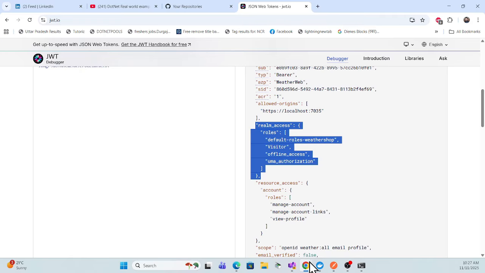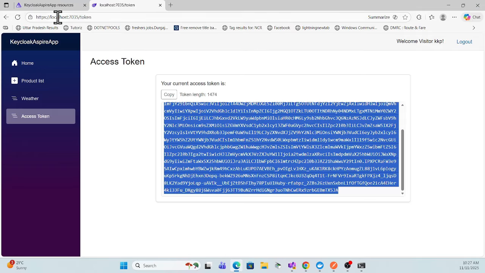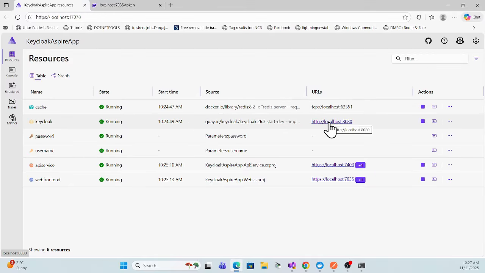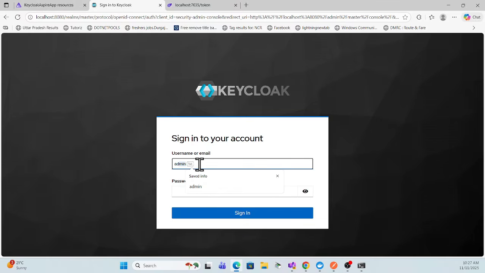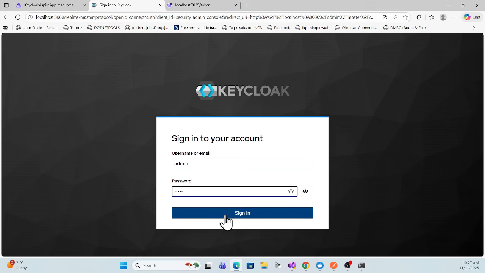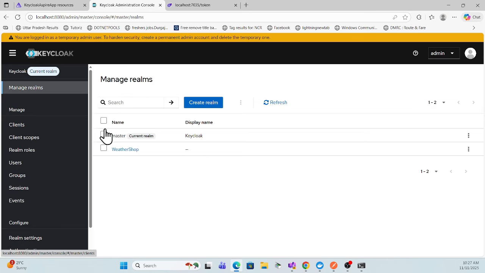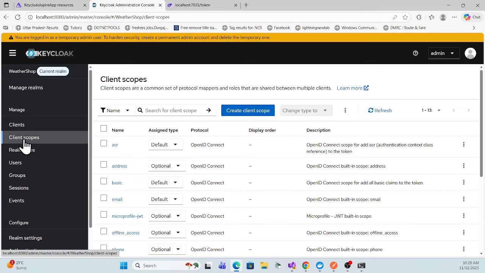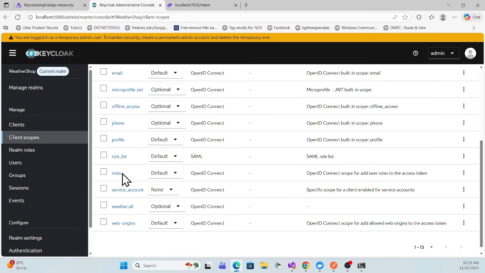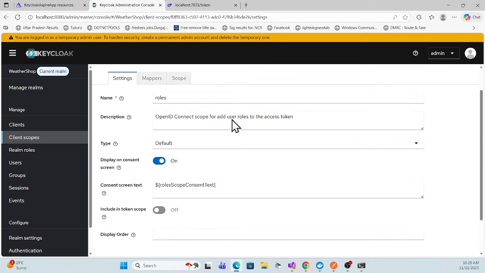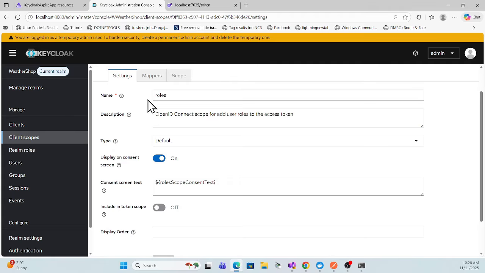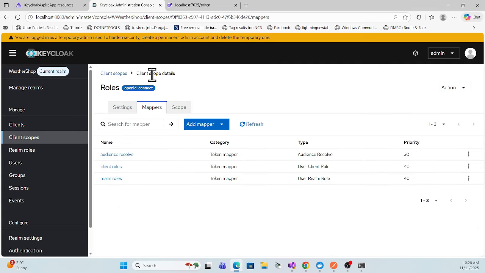For that, you have to go again to this Keycloak website. Open it again and log in with your administrator user. Once you have logged in, go to manage and use your current realm, and once you go to that, go to your client scope. In this client scope, you scroll down and you are able to see the role section. Go inside the role section, go to that mapper, and in this mapper